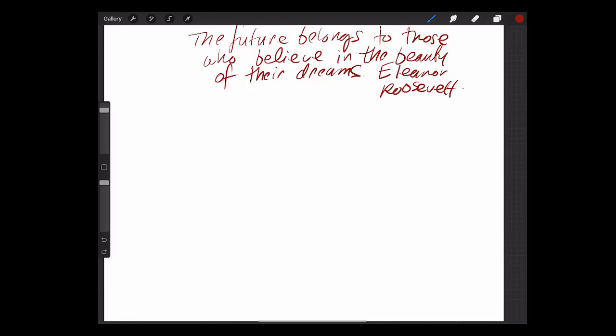And then what are some examples of dreams? There are just so many ideas for dreams. And with dreams you can have a bad dream, you can have a good dream. So, reading this quote again, the future belongs. Oh, there's another word, belonging. Who owns things? How do you show owning things? With a lock, maybe something in their possession. To those who believe in the beauty of their dreams.